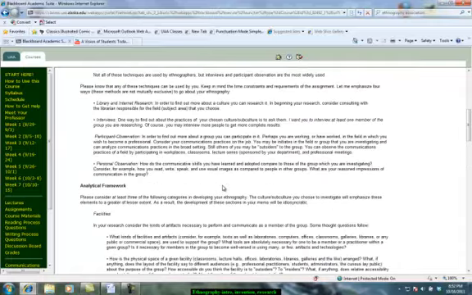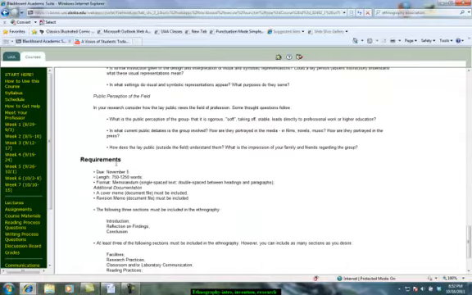So we have 3 weeks. It's due November 5th. So this week you're just going to do a little bit of brainstorming, a little bit of invention. Next week you'll write a rough draft, and then the week after that we'll work on revising that for your final draft. So not a lot of reading over the next couple of weeks, because it's going to be focused more on your research and organization and your writing for this ethnography.